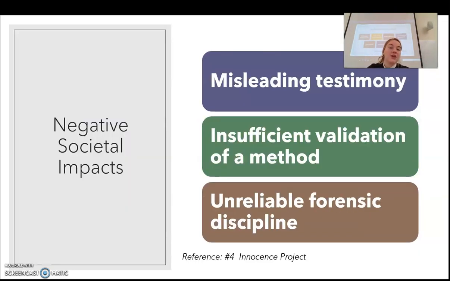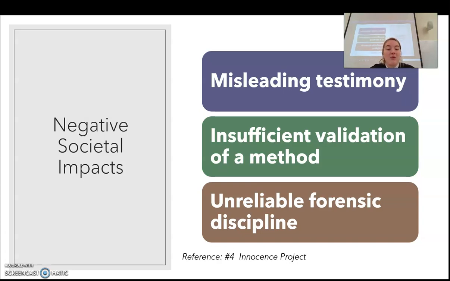Some negative societal impacts. This could lead to a misleading testimony because we are still developing that technology. It's not as advanced. So sometimes the evidence could be faulty, or lack sufficient validation of a method. Sometimes we can't exactly prove how we figure something out. They're not 100% foolproof. It might tell you that a chemical is one thing, but it might not really be that. They might have similar